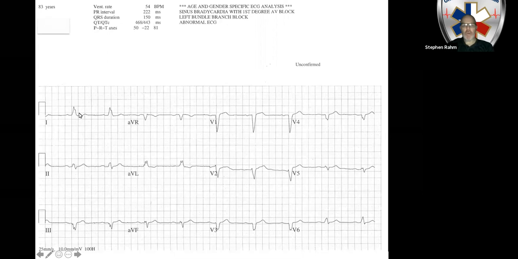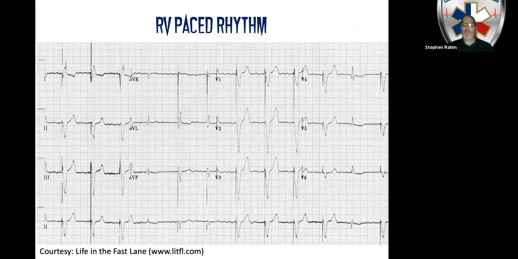And then if I look up here in leads 1 and AVL and down here in V6, I have monomorphic R waves, but not so much in lead V5. There's not a monomorphic R wave in lead V5. So with a left bundle branch block, you would expect monomorphic R waves in 1, AVL, and V5, maybe in lead V6 as well. With paced rhythms, specifically right ventricular paced rhythms,